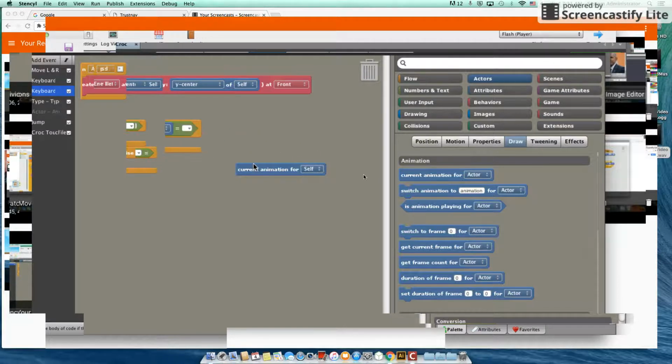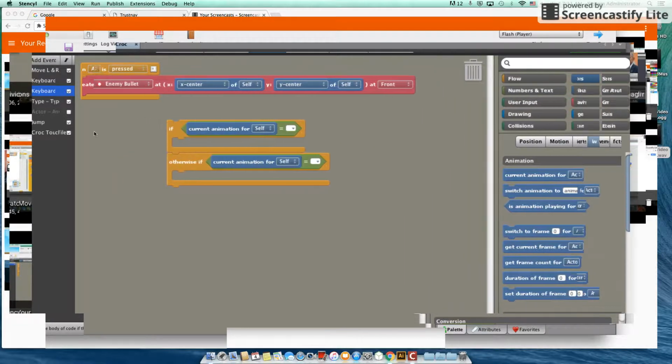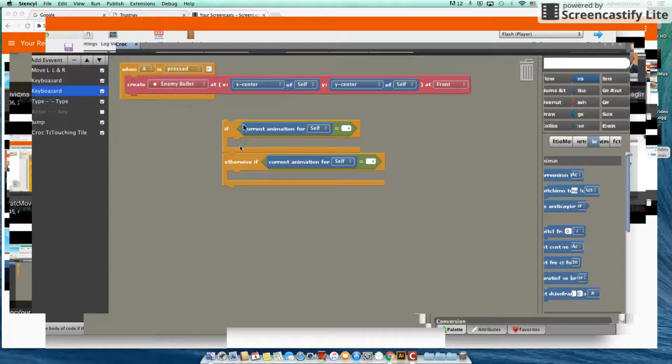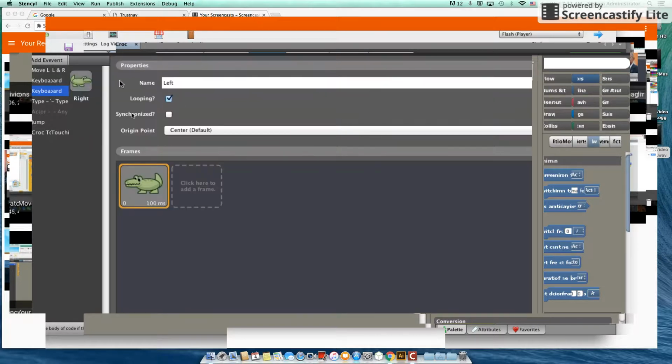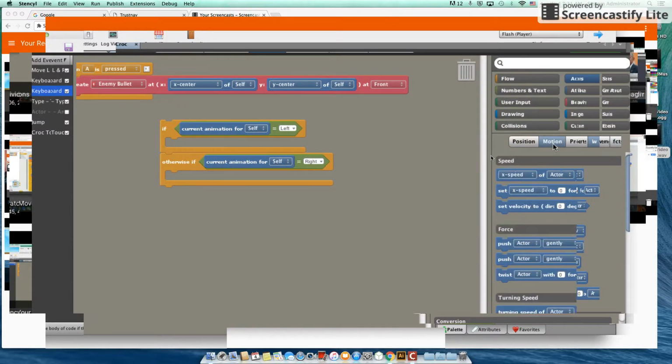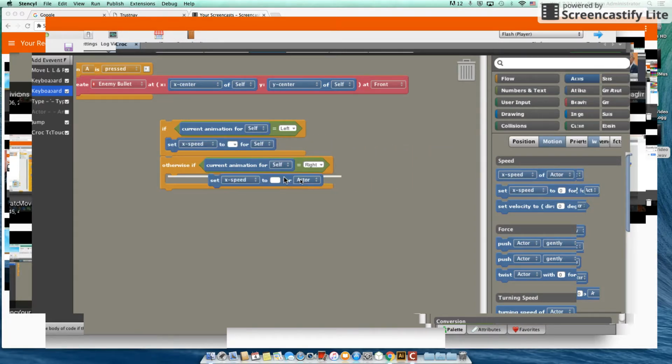So if the current animation, right, and you will recall we did this a little bit earlier under our left and right. So switch animation to right, switch animation to left. So what we're trying to find out is if our current animation for our crocodile, or for ourselves, is equal to left, just put that in exactly as the names of the animations over here. Okay. Or if it equals to right, then we are going to fire, or we're going to move our actor. So set speed of actor. Now, if it's moving left, it has to go in the negative x direction. So I'm going to put a large negative value, like